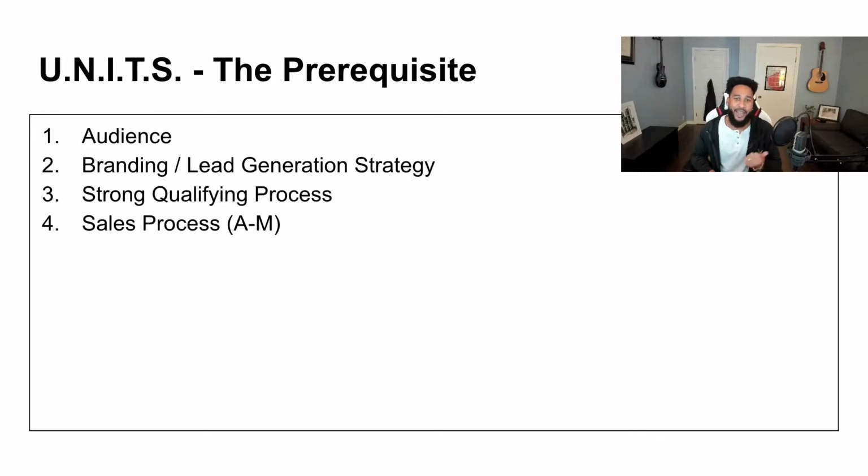And of course, you have to have the sales process down, right? And really, you can see there, I put the sales process A to M. And I did that intentionally because, like I said, it's that first half, A to M, first half of the alphabet here. We're going to focus now on that latter half, especially today. So like I said, if you really want to make sure that this is going to be that much more effective in your business, you have to have these pieces down.